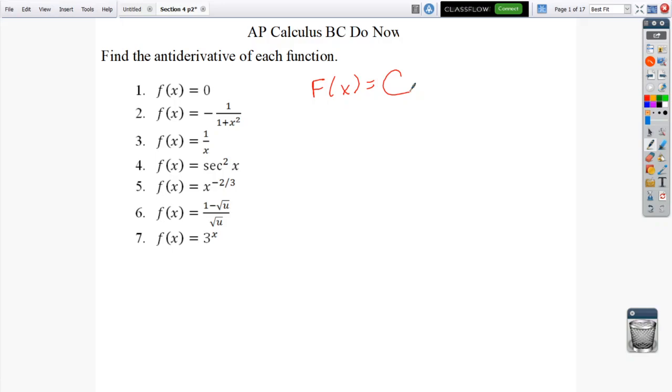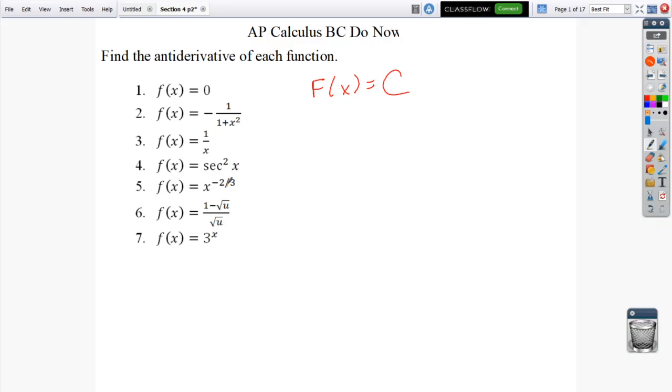So here, thinking of what gives us a derivative of negative 1 over 1 plus x squared, well, I see that that's in the fractional Pythagorean form. I'm going to look at my inverse trig rules. 1 over x, that's a very basic rule that we have here. Secant squared draws my attention to the trig rules. Down here, ooh man, that's going to be a very big issue. A lot of times people struggle with